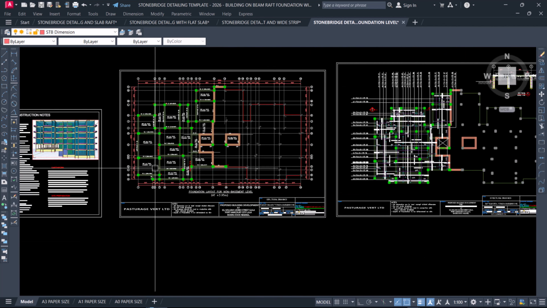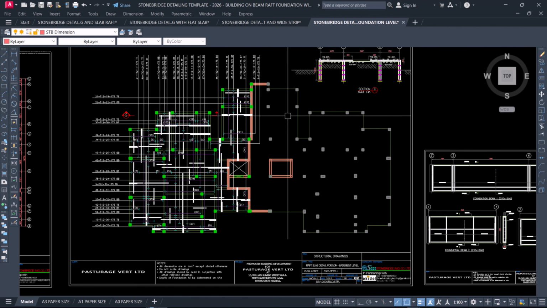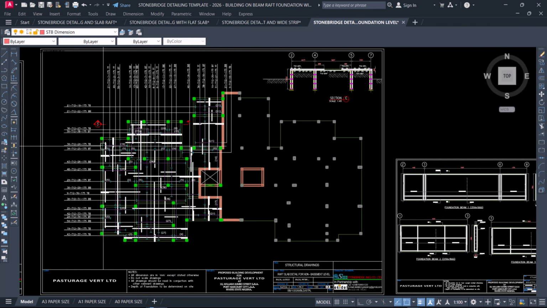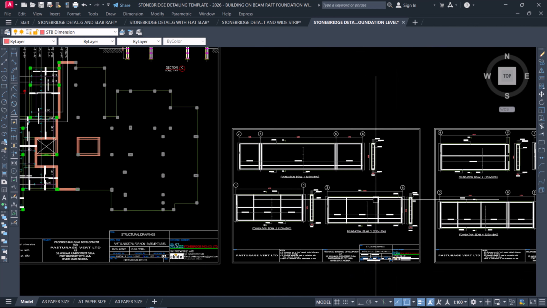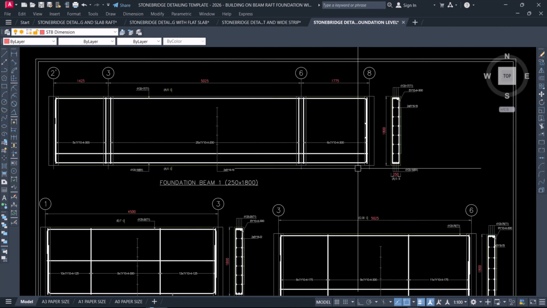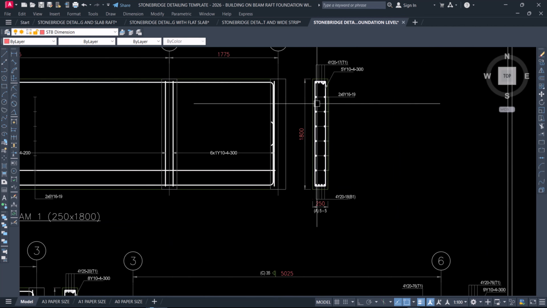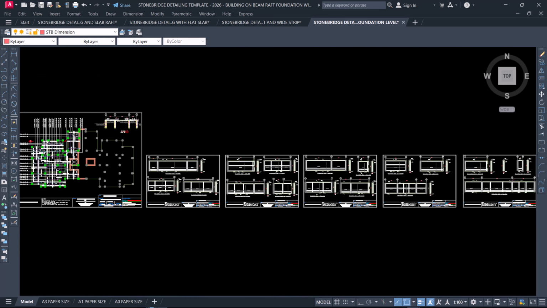And then you also detail, you can see how they appear. And then also you can see the beam. We have got this beam raft foundation. You can see the beam details for the foundation. This is 1.8. And then we move to